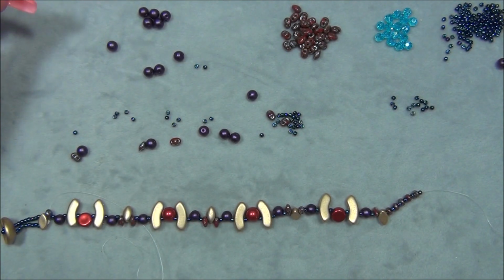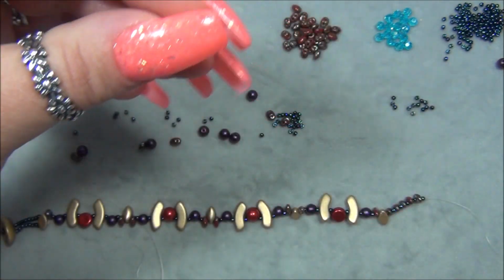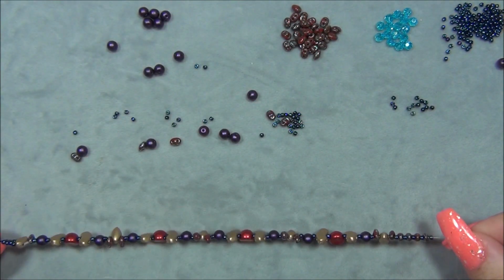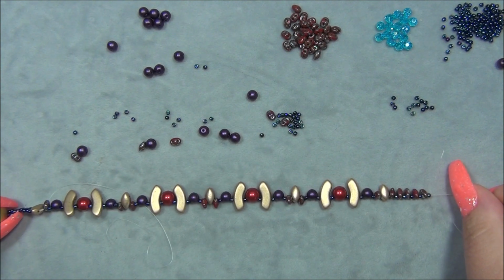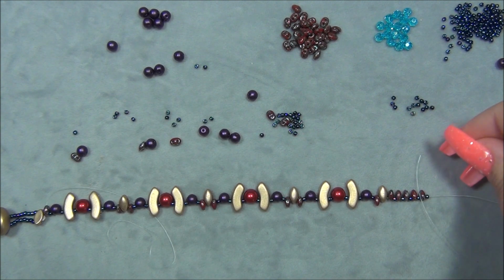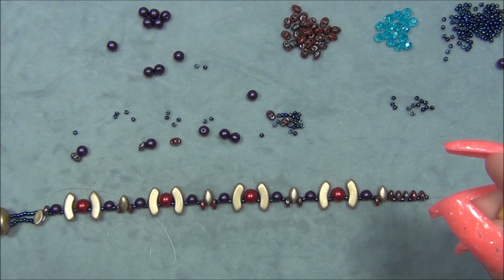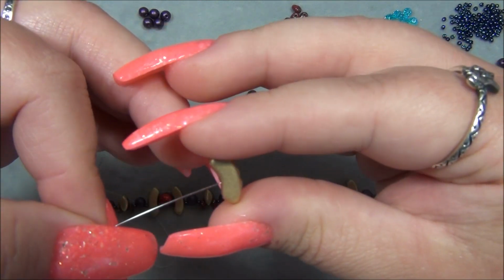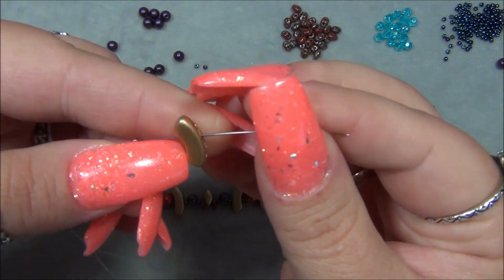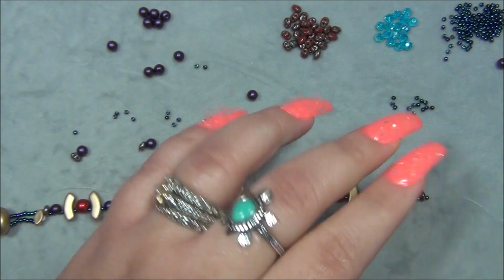Okay, pick up the quad bow, and you're gonna go through one of the center 2 holes, and I think, I mean, make sure this is right, I have to lay it like this, because this is the top, because these are domed on top, that's the top. I have to go through, laying it like this, I have to go through this hole, which is actually the 3rd hole in my quad bow. Okay, so slide that bead down,